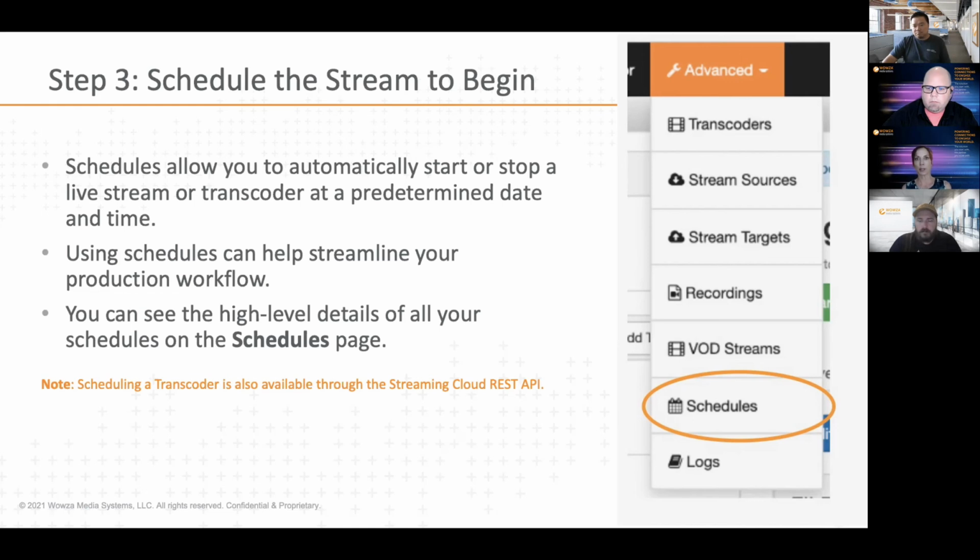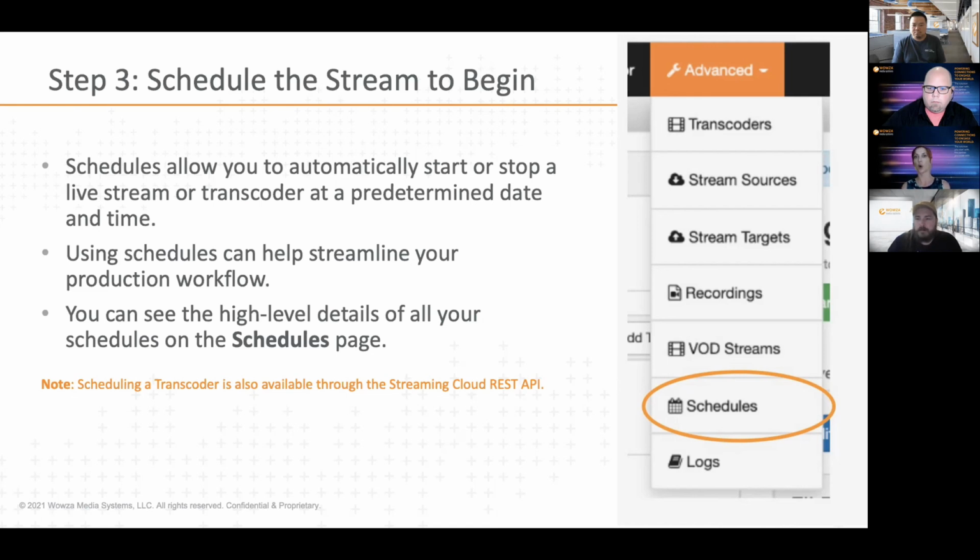And keep in mind too, you can schedule this in bulk. This is a workflow that a lot of our customers really love because we have one in particular, Freeman. They're a global live event company. They literally schedule hundreds of pre-recorded videos as live a month. And what's really cool about this is you don't have to have anybody sitting there clicking start stream or stop stream for all these different events. Once you set it up here in the cloud scheduler and the transcoder, you don't even have to worry about it. You don't have to have any staff there monitoring it.